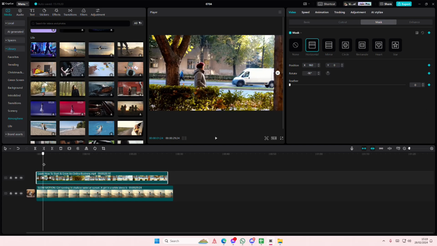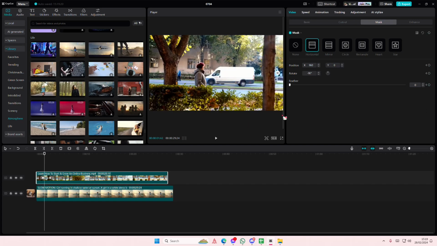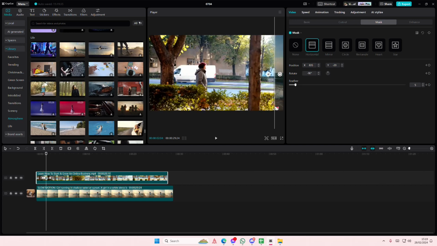And when the frame moves to here, you're going to grab it, and you're actually just going to feather it out a little bit, and then you're just going to keep doing that until